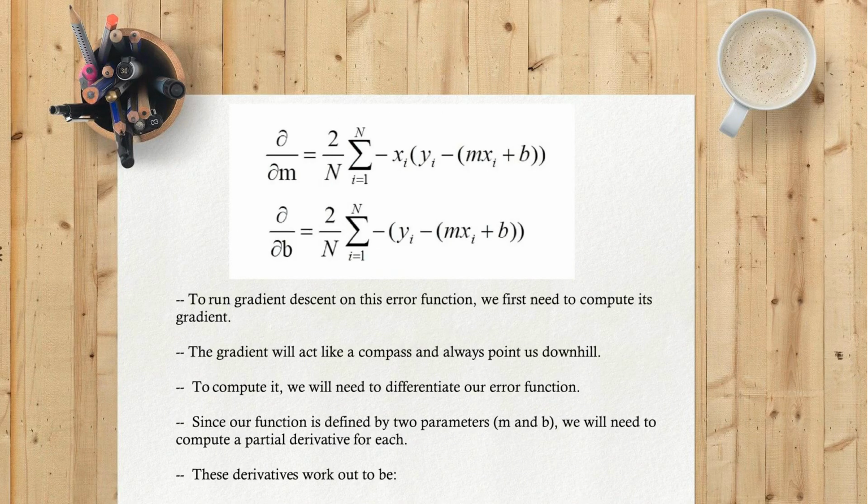To run gradient descent on this error function, we first need to compute its gradient. The gradient will act like a compass and always point us downhill. To compute it, we will need to differentiate our error function. Since our function is defined by two parameters, m and b, we will need to compute a partial derivative for each. These derivatives work out to be: